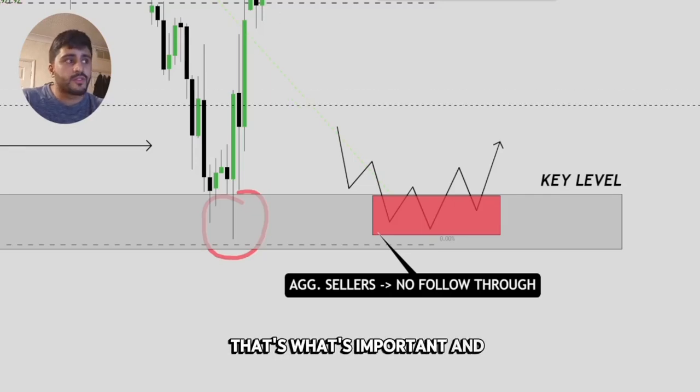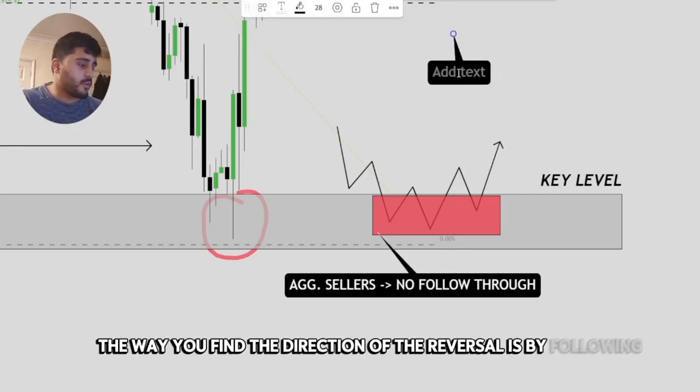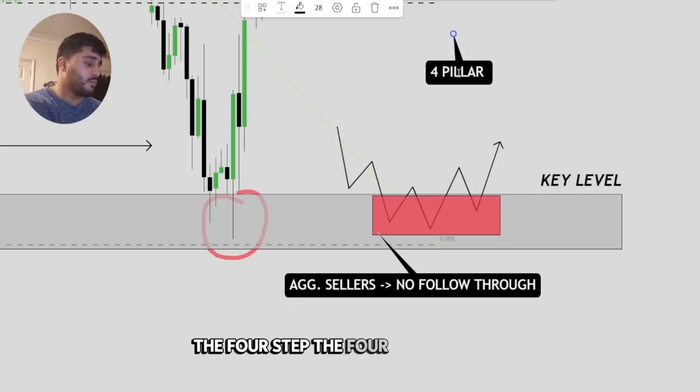That's what's important. And so the way you find the direction of the reversal is by following the four pillar framework. That's the